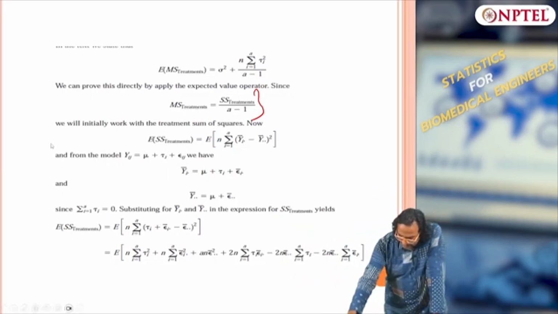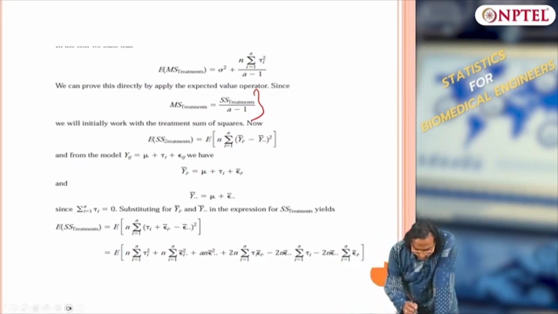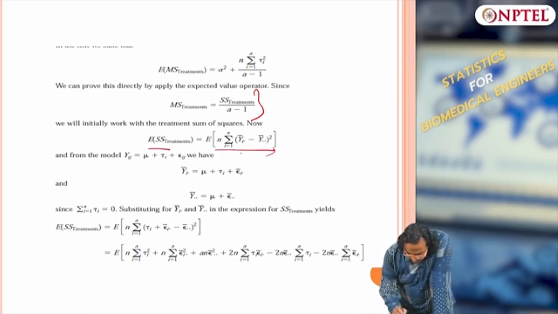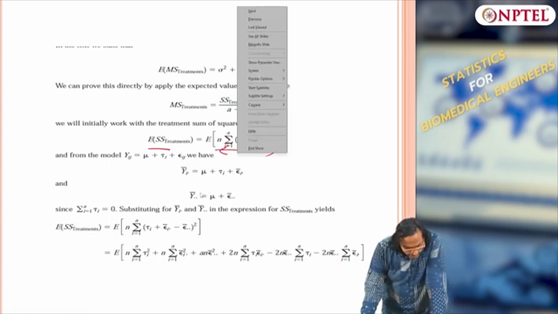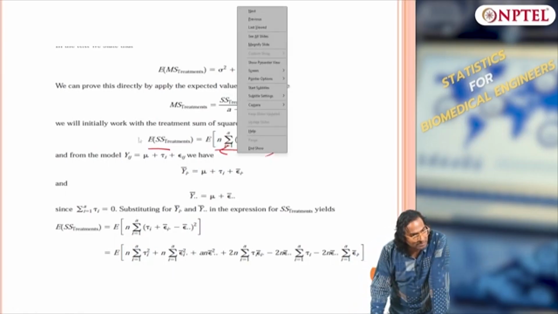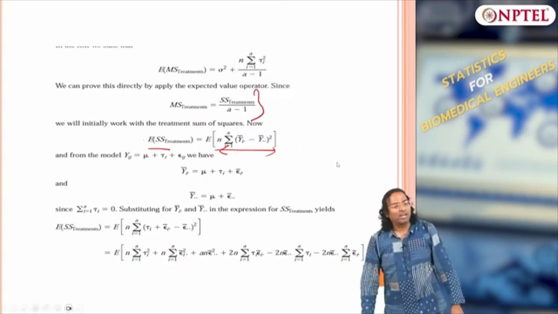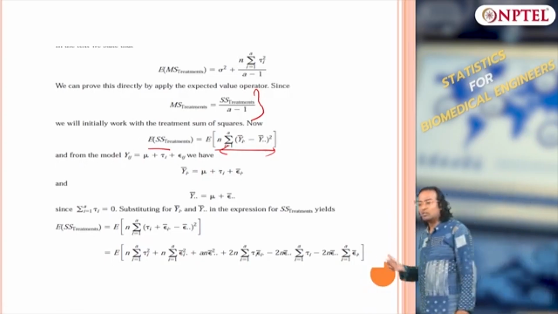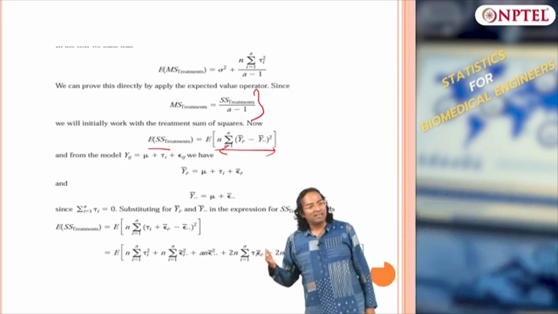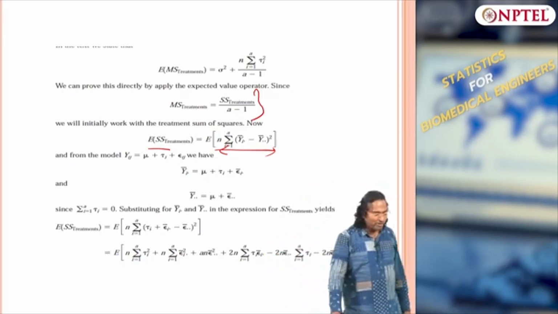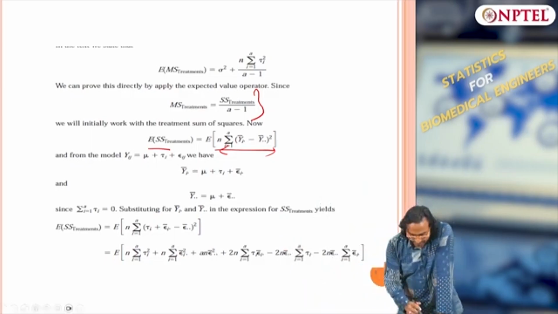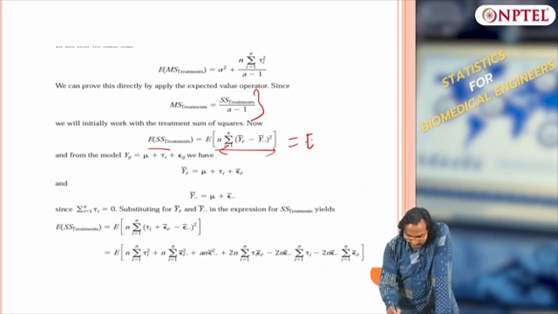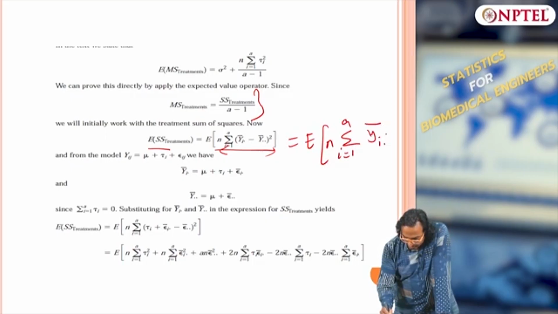So, what is this? This is, if I write it out, this is what I have. Is sum square treatment or mean square treatment a random variable or a deterministic variable? All of these are random variables because we are only taking samples, I am not replacing with the population mean. So, these are only samples. So, this is a random variable, okay. So, what am I doing? I am taking expectation of sum square treatment. Expectation of sum square treatment is nothing but expectation of n times summation i equals 1 to A yi dot bar minus y bar dot dot the whole square, clear,